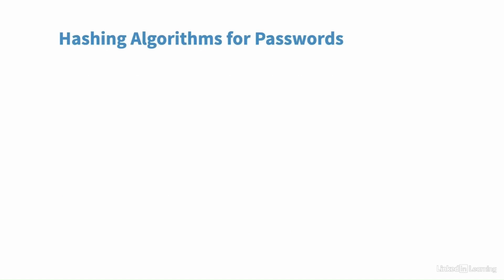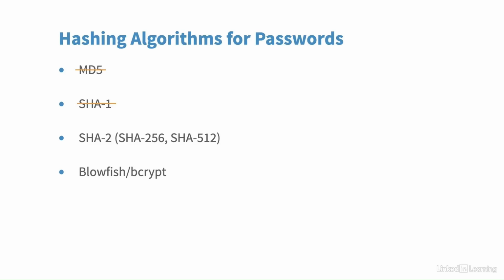So, which hashing algorithm should you choose? MD5 and SHA-1 were popular choices for hashing passwords for many years, but they're no longer secure enough. Techniques and computing resources for cracking passwords have advanced, and weaknesses have been discovered in the algorithms. SHA-2, which can also be known as SHA-256 or SHA-512, remains a good choice, but I don't recommend it because there's an even better option. Blowfish, which is also sometimes known as bcrypt, is a hashing algorithm with several nice characteristics. Blowfish bcrypt is